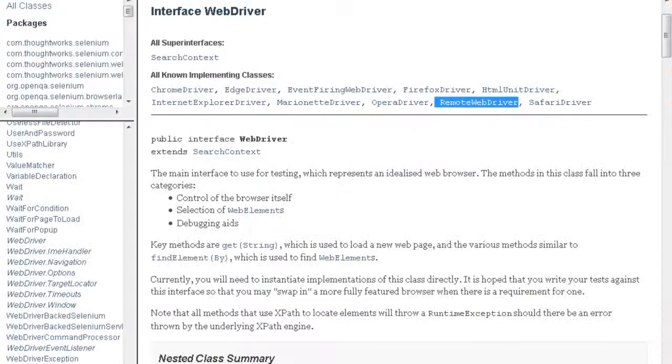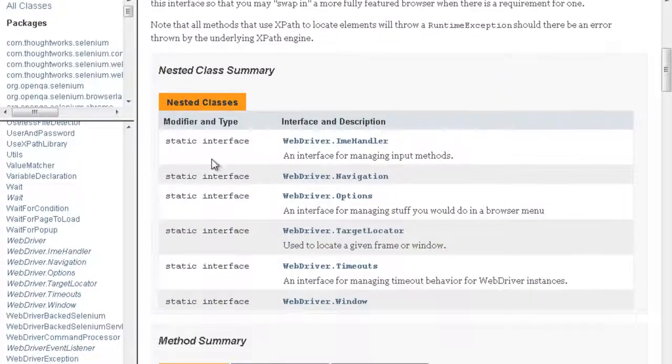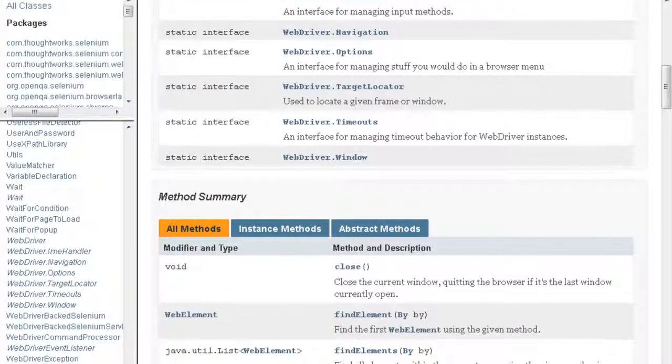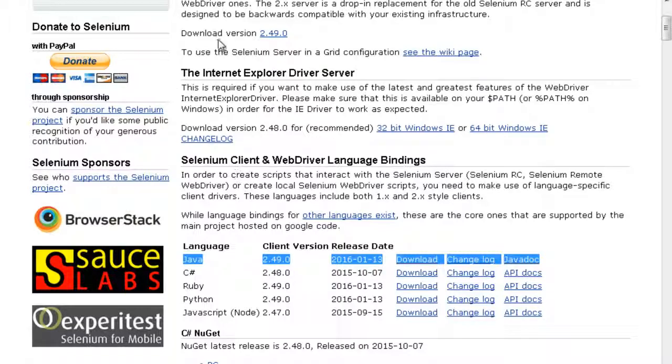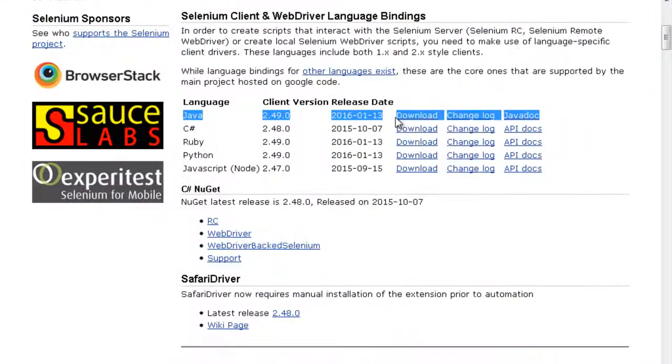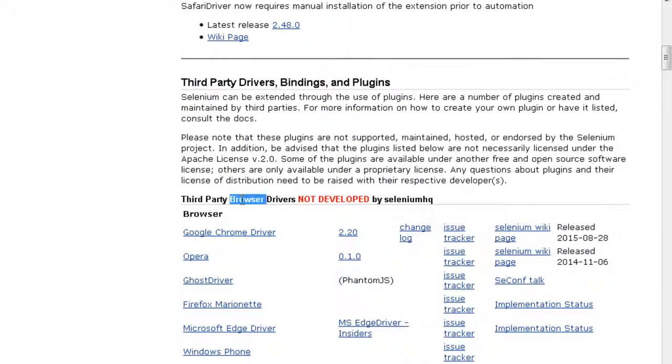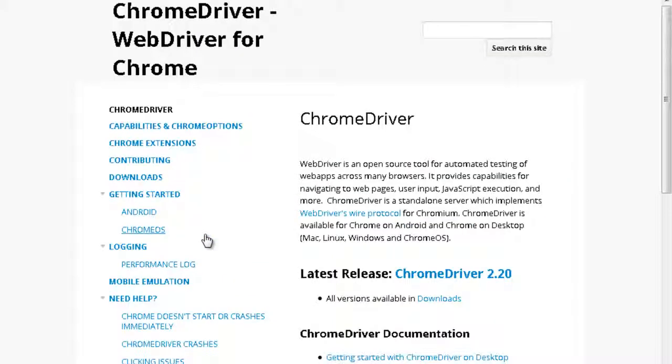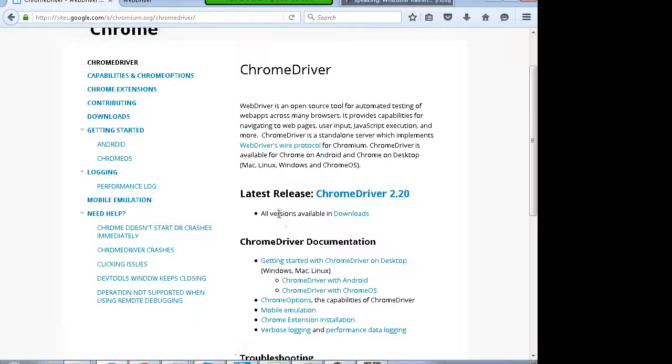So what you need to do is go to the official website of Selenium, go under the download link tab and go to third-party browsers drivers not developed by Selenium HQ. You will have the Chrome driver. Go here and you can go to all versions available in downloads.